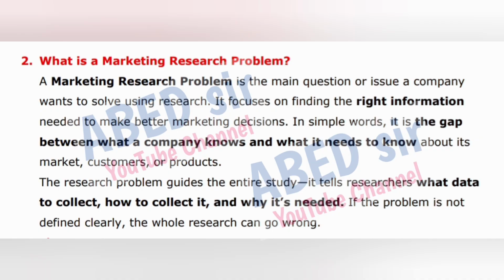Next important short question is: 2. What is a marketing research problem? A marketing research problem is the main question or issue a company wants to solve using research. It focuses on finding the right information needed to make better marketing decisions. In simple words, it is the gap between what a company knows and what it needs to know about its